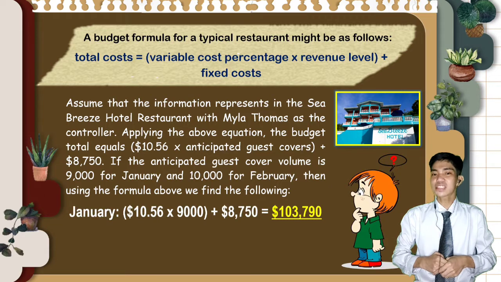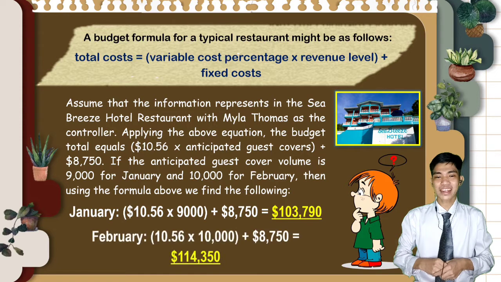So for January, $10.56 times 9,000 is equal to $95,040 plus $8,750 is equal to $103,790 for our variance. And for February, $10.56 times 10,000 is equal to $105,600 plus $8,750 is equal to $114,350 for our variance. So class, ating tandaan na ang formula with this is valid as long as the actual